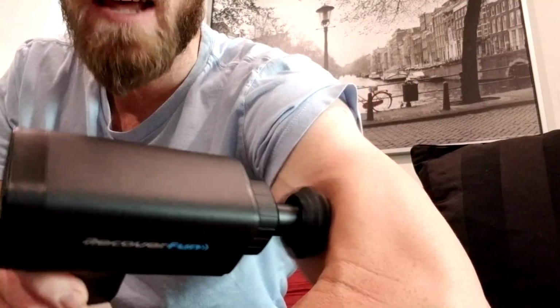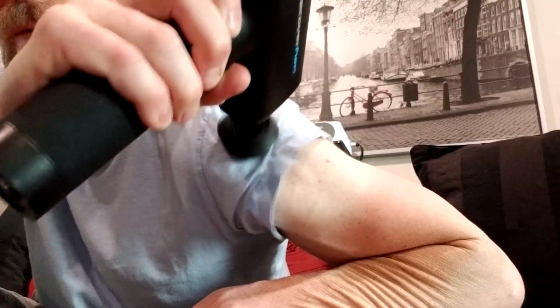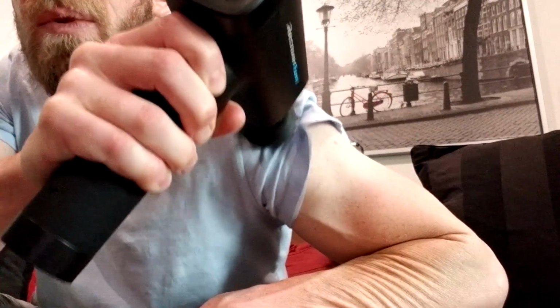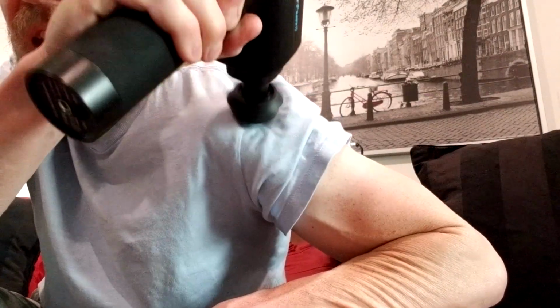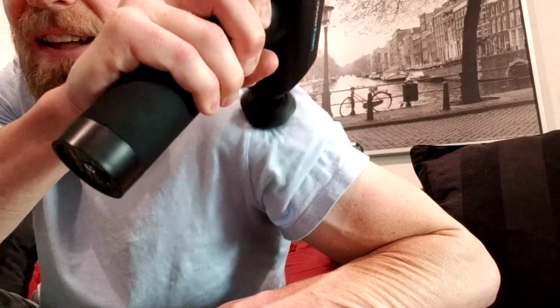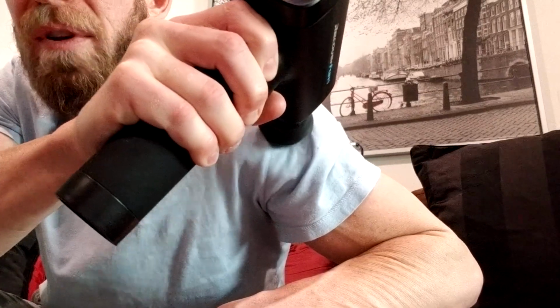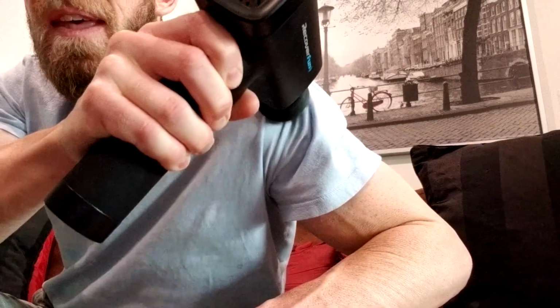I work my bicep after the gym. You can get around to your tricep. But my shoulder gets pretty jacked up, like I said, from boxing class. So I just work it right into the crevice, and sometimes you'll just kind of work it, and then all of a sudden you'll start feeling a little bit of that, like, oh, that's where I need it right there. And then you just let it thump away, kind of pull it down, push the muscle down a little bit with the gun coming